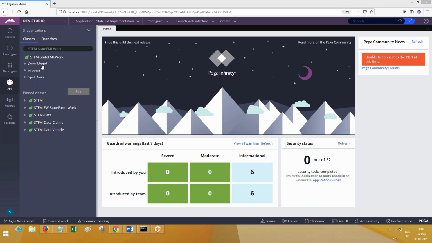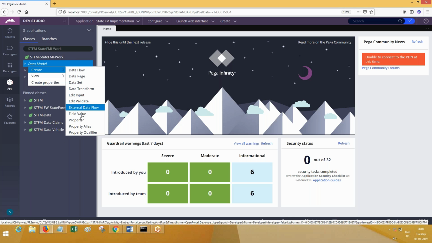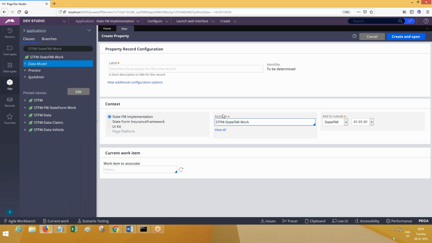Look here. If I am going to create any rule, it's not only property, it can be any rule. While you are creating a rule, here you'll see "apply to". Apply to means the class in which you want to create this rule, and the other one is context. We don't talk about this one now. We'll talk about only these two contexts: one is framework, the other is implementation context. We choose either of these contexts as per our requirement. You don't have knowledge so far about this context.